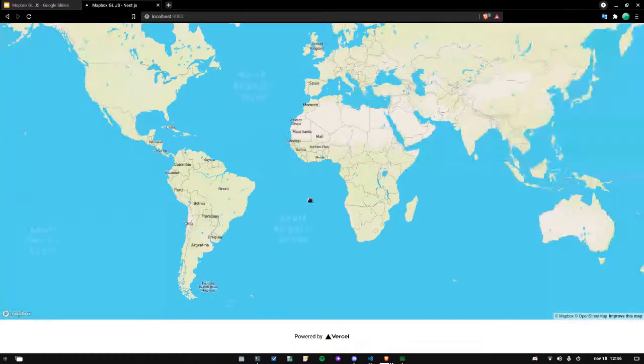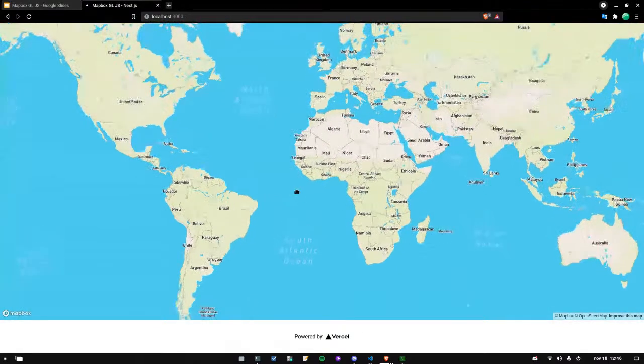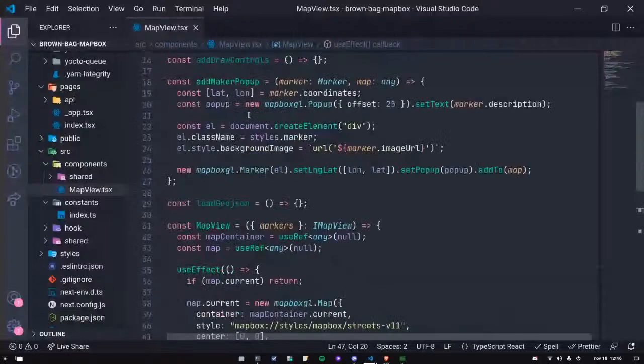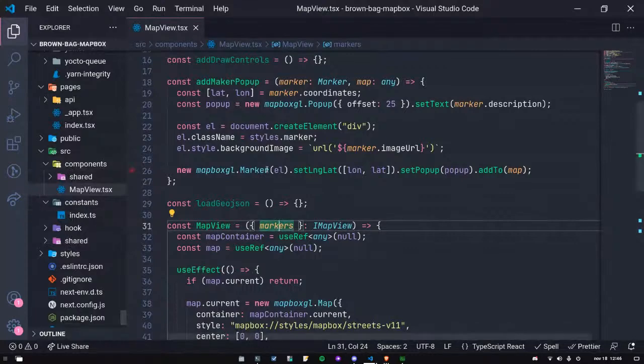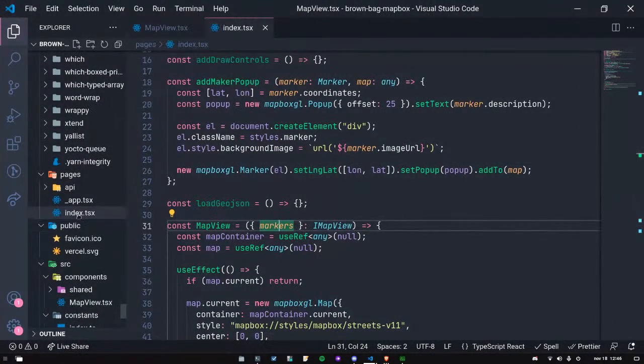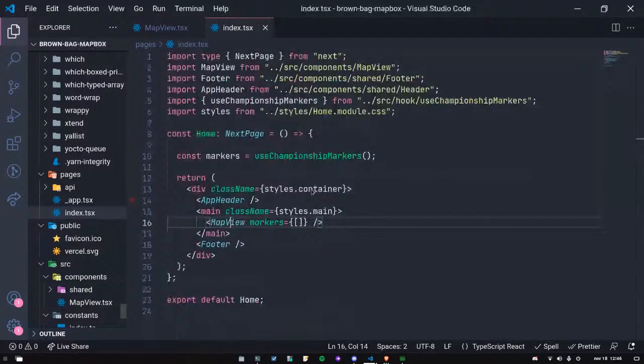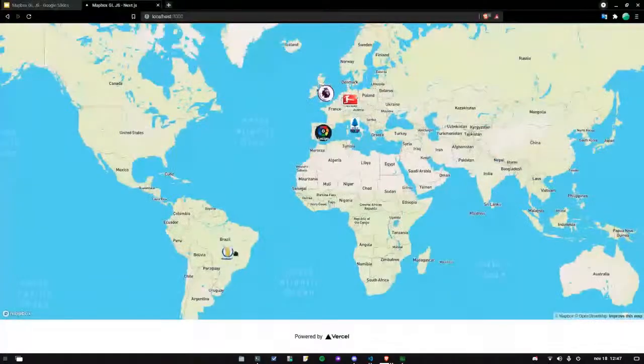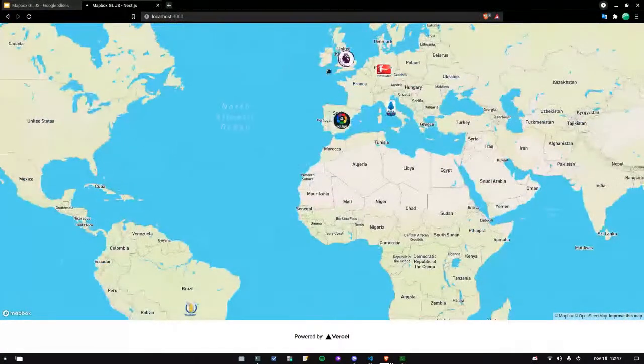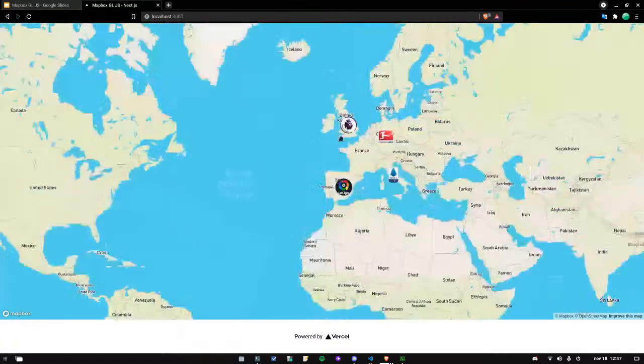So let me just refresh here. Let me see. Yeah, over here. Of course, I need to use this in the props in the map view component call. Let me just put it here. All right. Now I think we can. Okay, very good. Now we can see the markers. These are custom markers with each badge from the most important football championships, Premier League, Bundesliga, Serie A, La Liga,